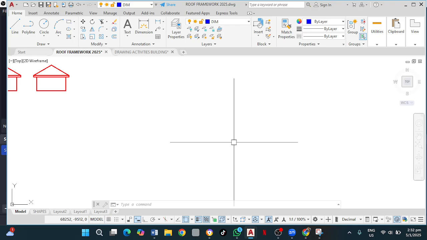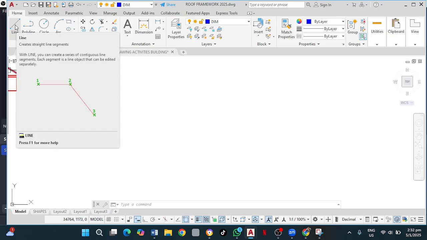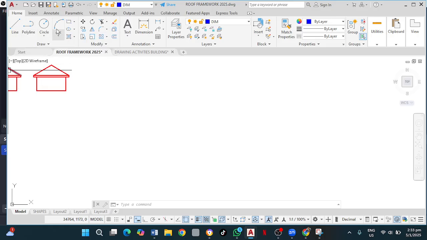Welcome back, guys. In this video, I will be showing you how to draw a simple combined hip roof framework. Not framework, roof framework. Yes, roof framework. A simple combined hip roof framework. So I'm using